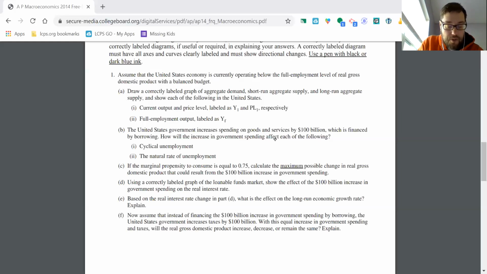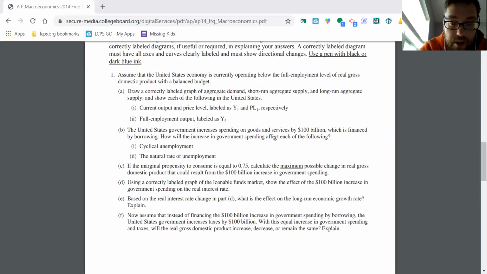Okay, so let's go to part F now. Now assume that instead of financing the $100 billion increase in government spending by borrowing, the United States government increases taxes by $100 billion. With this equal increase in government spending and taxes, will the real gross domestic product increase, decrease, or remain the same? All right, so I'm going to start with the answer here and then go to the explain part. All right, so it should increase, but it won't increase by as much as we initially talked about in the spending multiplier